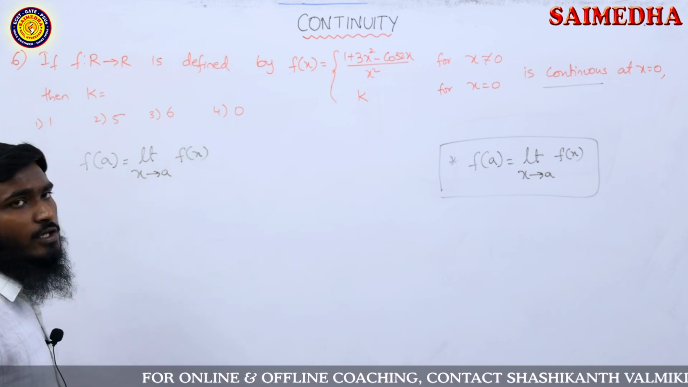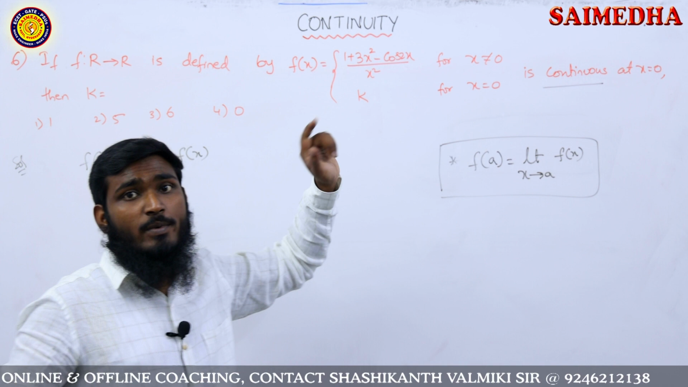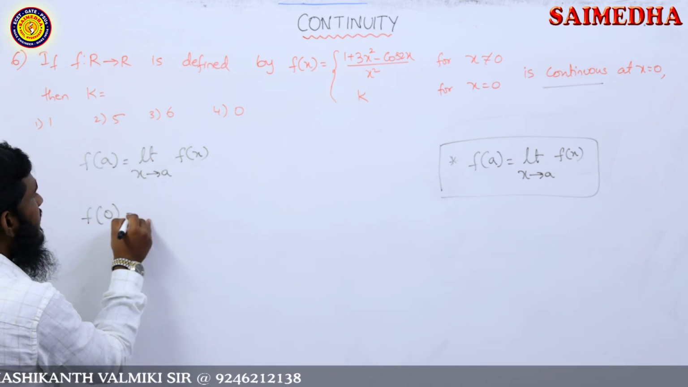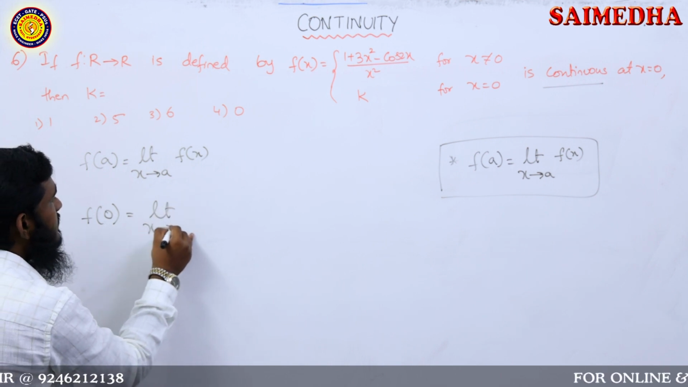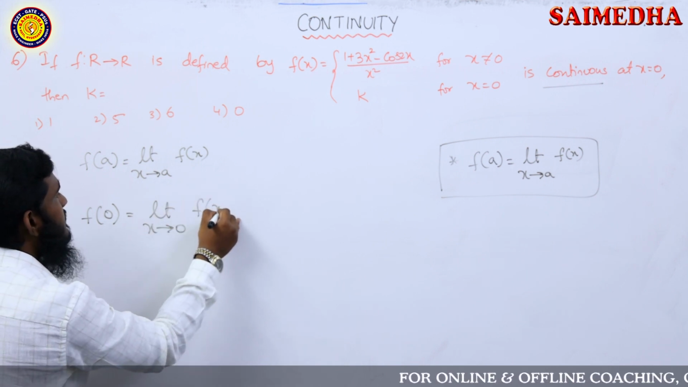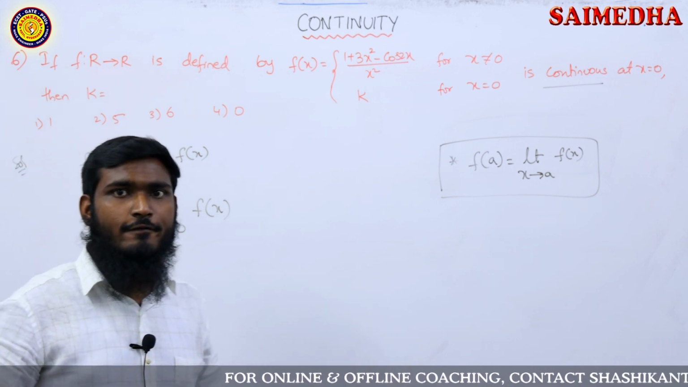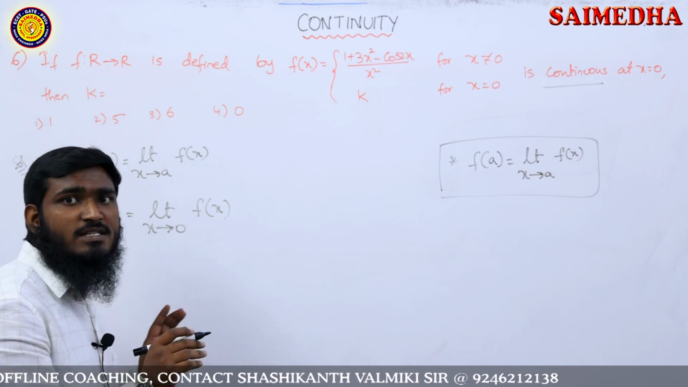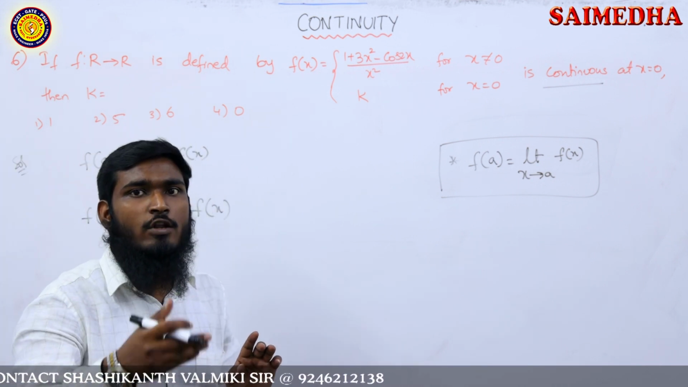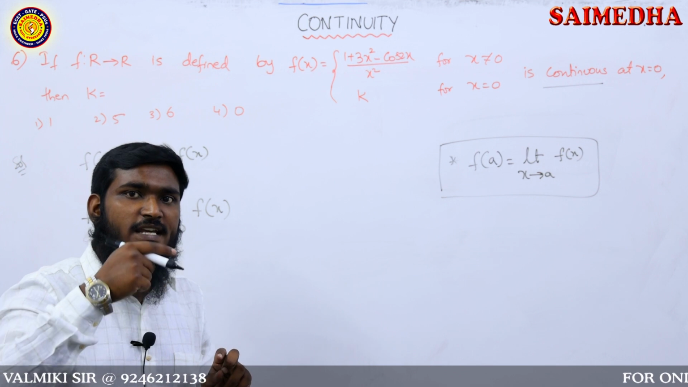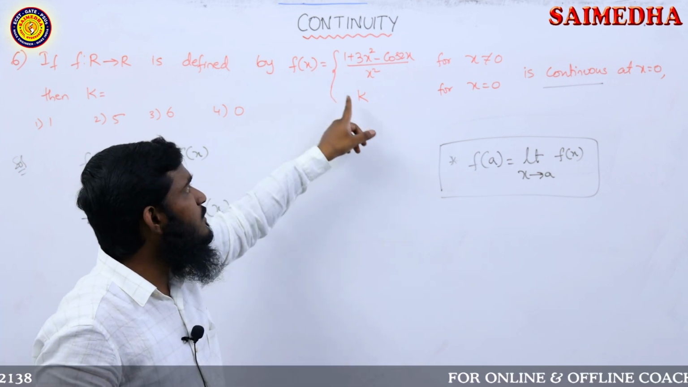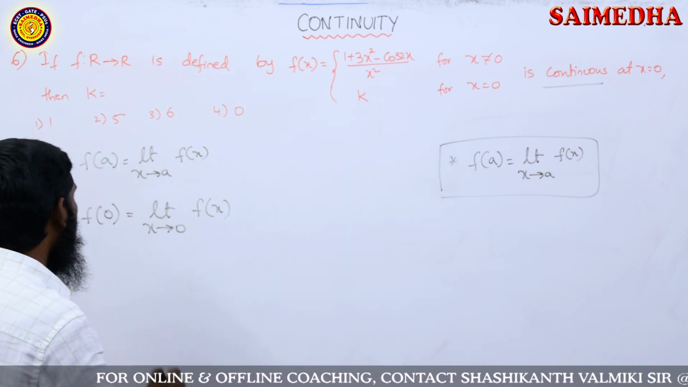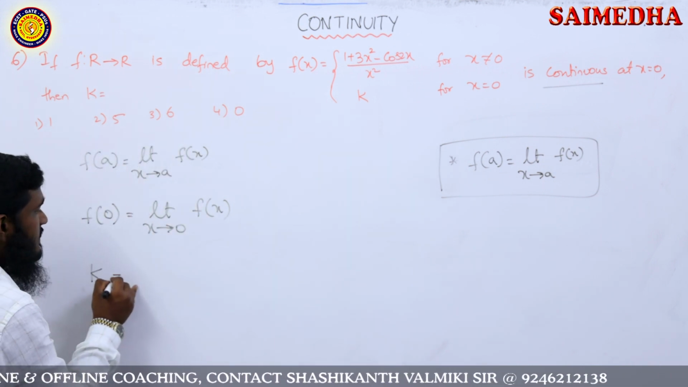So what is a value? A value is equal to 0 because x equals 0 is given. So f of 0 is equal to limit x tends to 0 f of x. Now let us substitute the value over here. f of 0 means x equals 0, it is the value of the function. Whenever we are taking x equal to 0, f of x is equal to k. So we are writing k over here. k is equal to